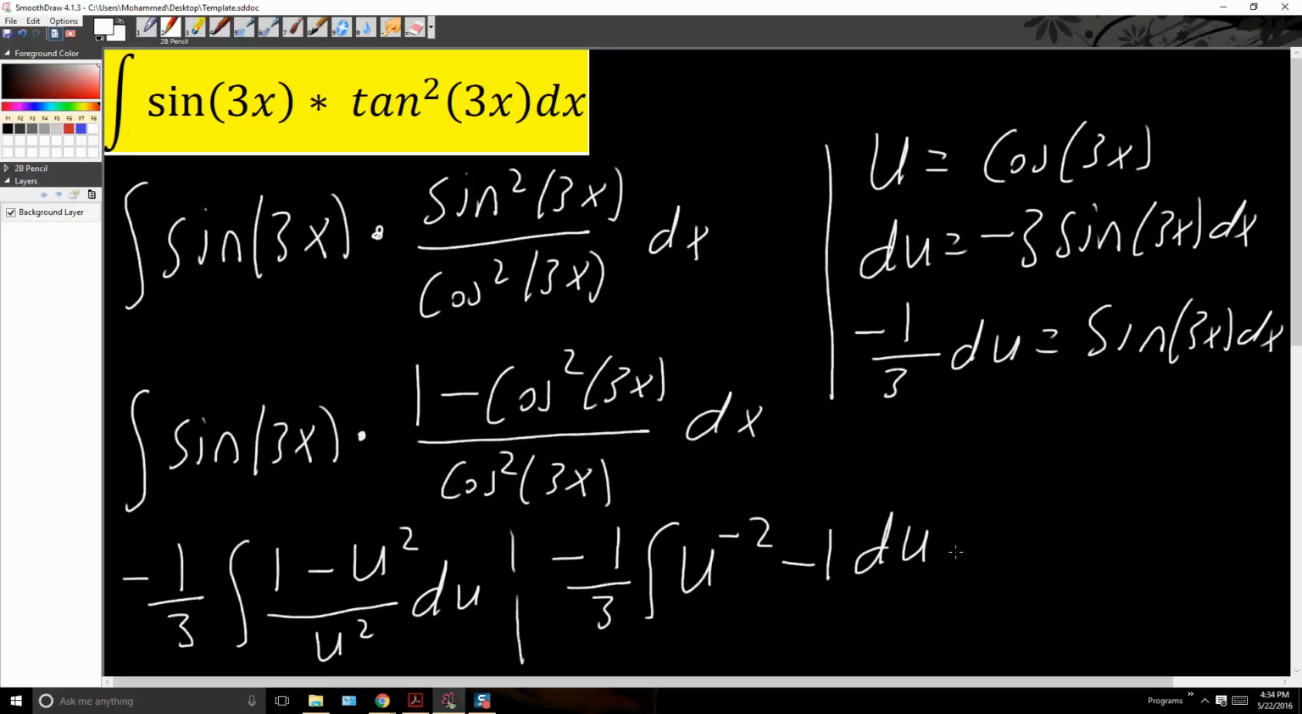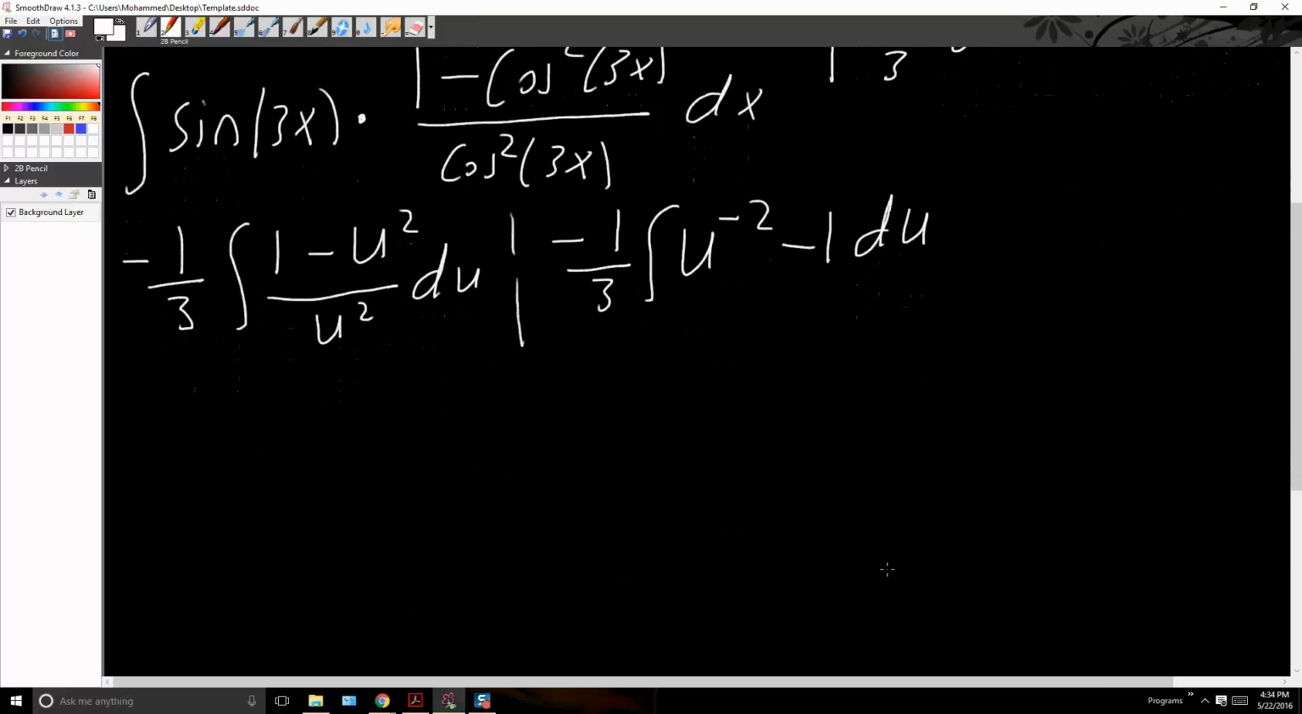So let me scroll down a little bit, and now we simply take the antiderivative of this, so we will get minus 1/3 parentheses, and then so you do minus 2 plus 1, you get negative 1 divided by negative 1. That means you would have minus 1 over u, and minus 1 will simply be minus u